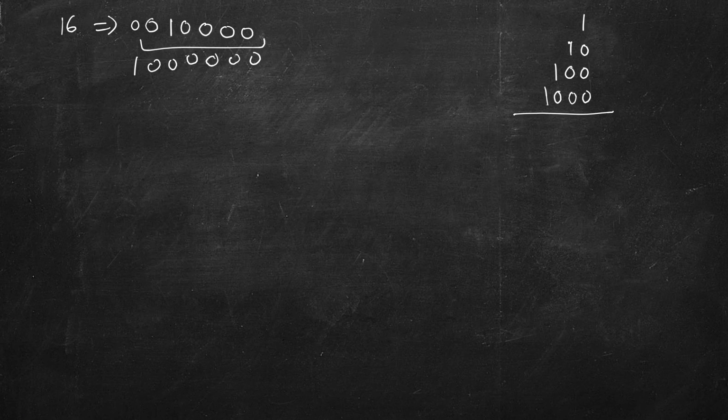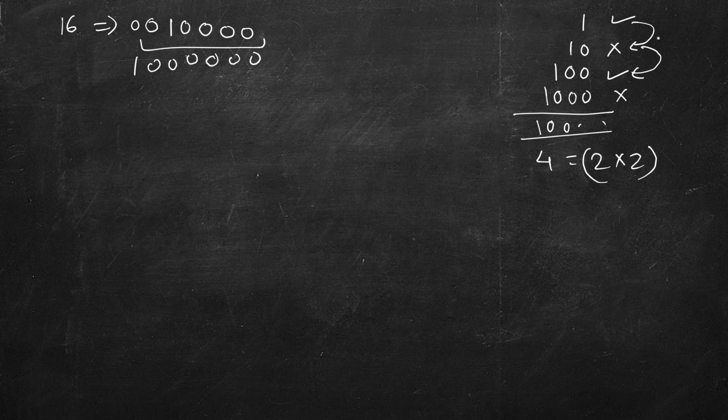So here it's different: this is a power of 4, but you have to skip the next, and this is a power of 4, this is not. Then again the next one will be a power of 4, and this comes from the logic that 4 is equal to 2 times 2. So we multiply by 2, again multiply by 2, then we get another power of 4.